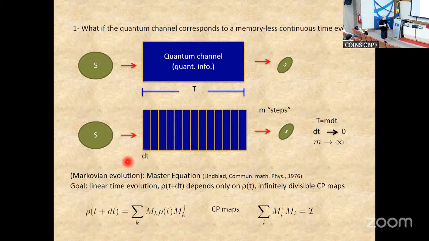And the goal is to have a linear time evolution for each dt in which the state of the system after the next step only depends on the state of the system before the step. So this is the condition that we want to impose, but we still obviously want to describe each slab by some CP-TP map, right? So then obviously continuous means in the sense that if I eventually take dt to 0 in the limit and the number of steps to infinity.